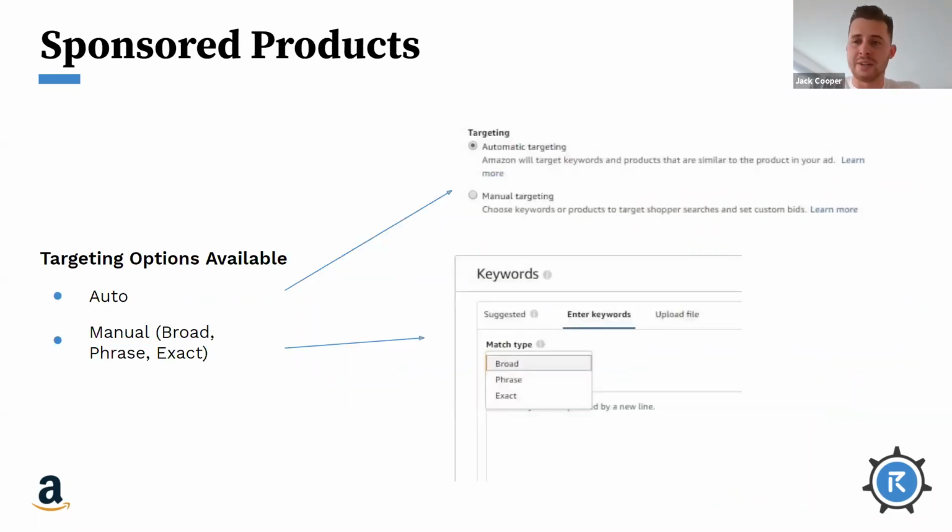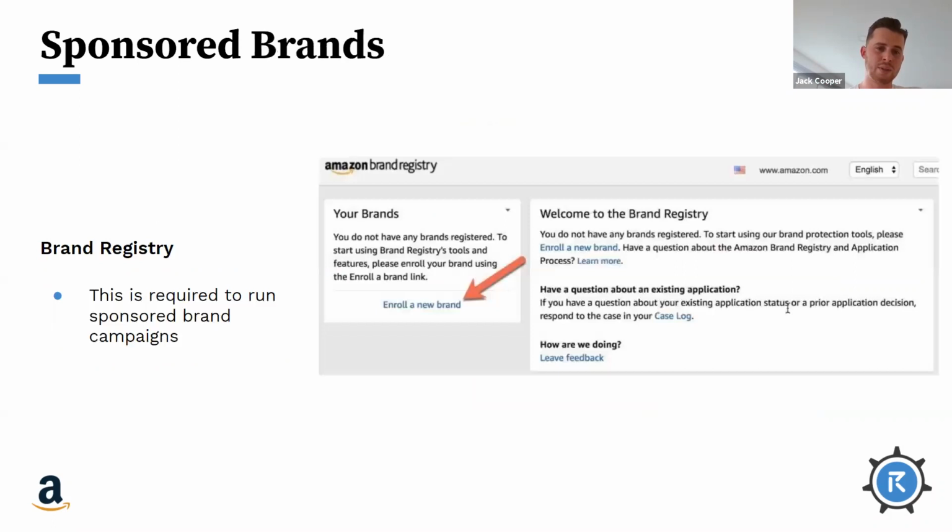So for those that understand targeting, there's 3 options available: broad, phrase, and exact match. And finally, brand registry, essential, really important. You need a trademark, a brand trademark. If you want a successful brand on Amazon and don't have a trademark for your brand, get a trademark in place, supply that to Amazon, and you will register your brand with Amazon. And this unlocks all of the features that I have just ran through: A+ content, store. All of these are only available once you have brand registry.